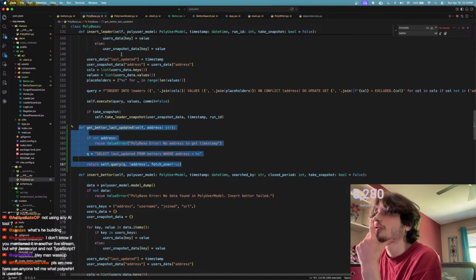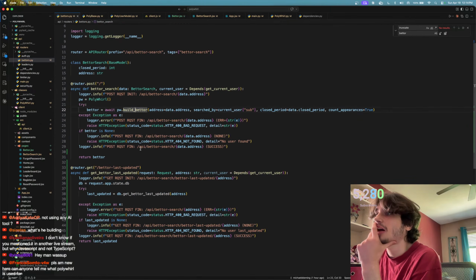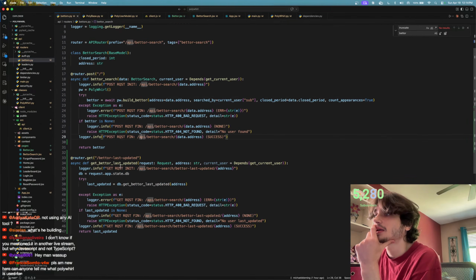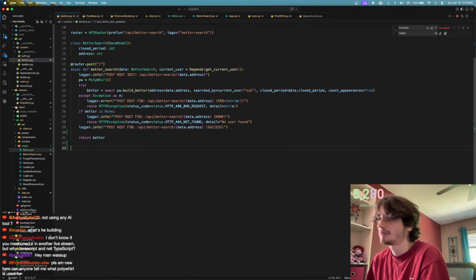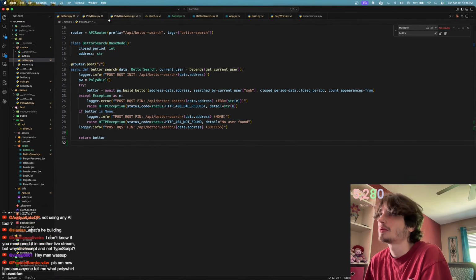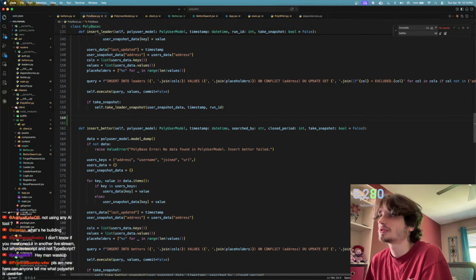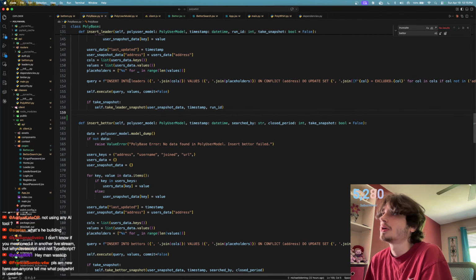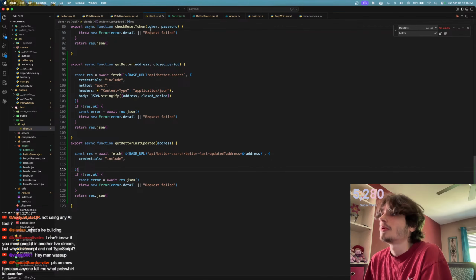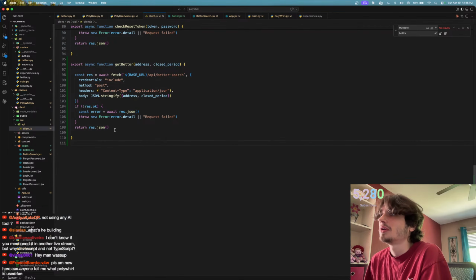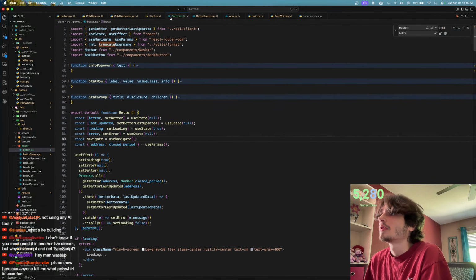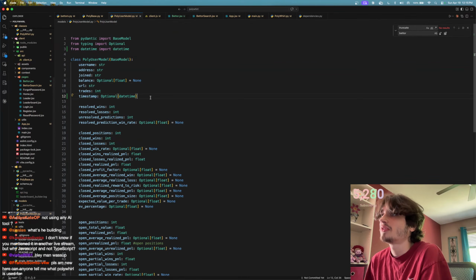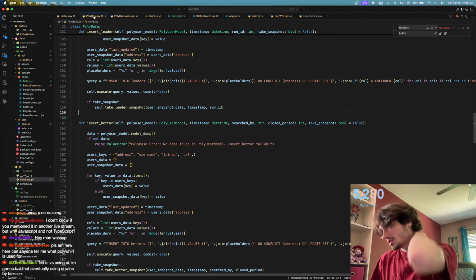And then what I'll do is in bettors.py, I'm going to remove this. We don't need this function anymore. That was garbage. Polybase, we don't need this function anymore. That's trash. And we don't need get better last updated here. What I'm going to do is in poly user model, we have this as optional timestamp. And so